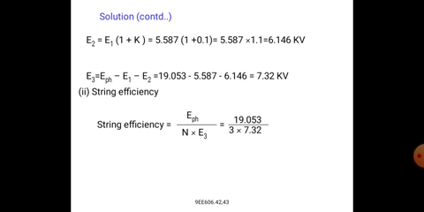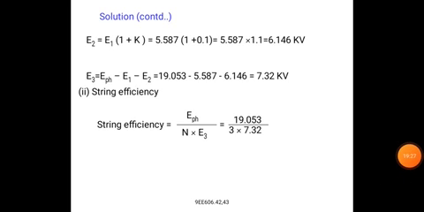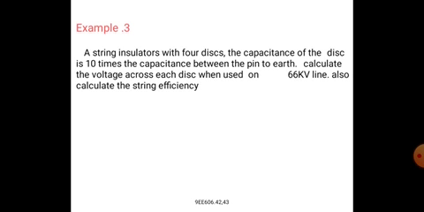String efficiency is E phase by N into E3. This is 19.053 by 3 into 7.32. So next, that is 0.86. So 0.8676, that is 86.76 percent. Next problem is